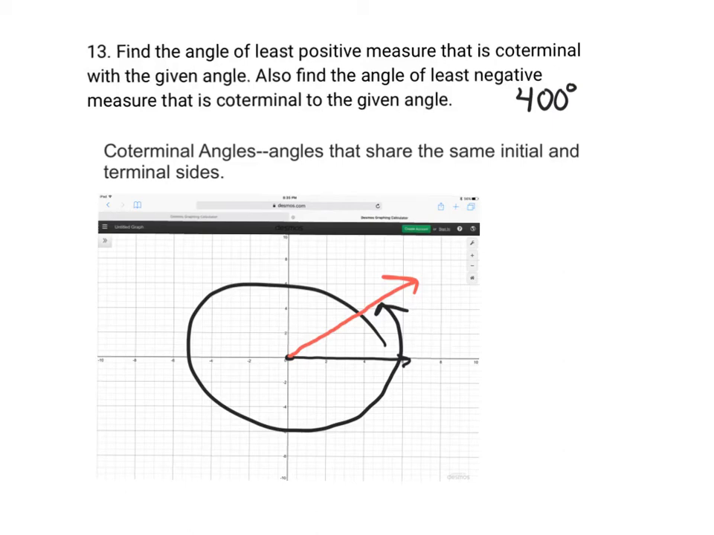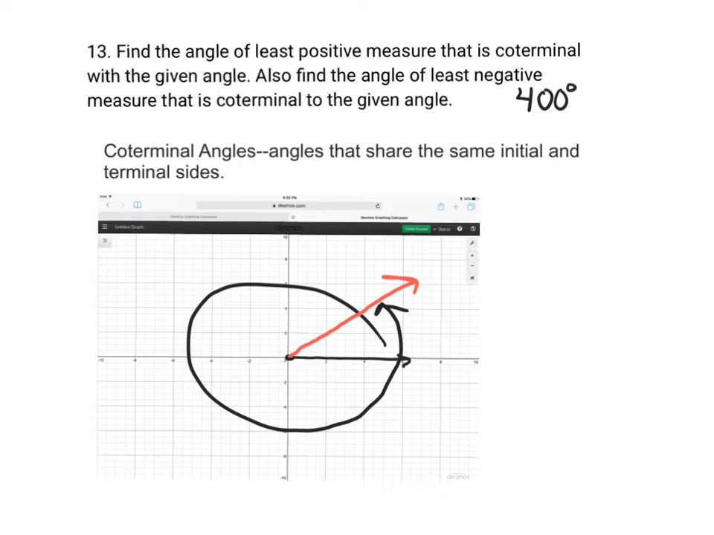In this problem, we want to find a coterminal angle to our given angle. So when we see the phrase coterminal angles, that means angles that share the same initial and terminal sides. So the angles will have different measures, but they will still share the same